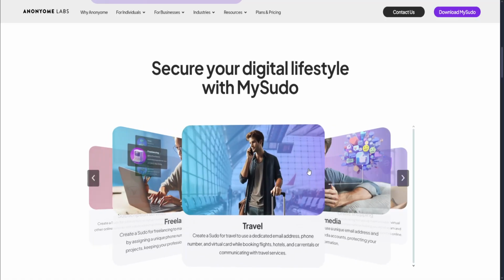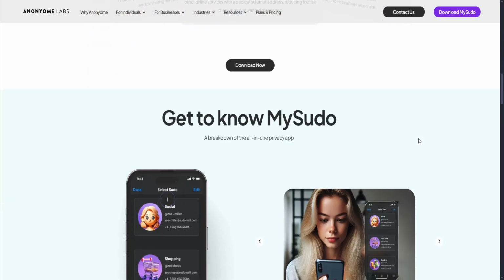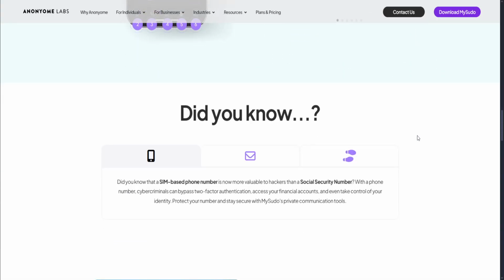Let's talk about the pros and cons. So for the pros, it has multiple pseudos for calls, texts, and emails. It offers built-in encrypted messaging and calling. There's no need to reveal your real phone number or email, and it's useful for compartmentalizing personal, business, and